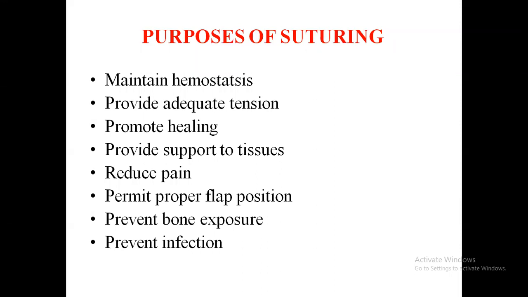Deeper invasion in the body means high chance of getting infection. So we need to prevent that. How can we prevent? Through suturing. Deep tissue suturing, then upper tissue suturing, one after another we have to do it. Then the next one is to prevent infection.